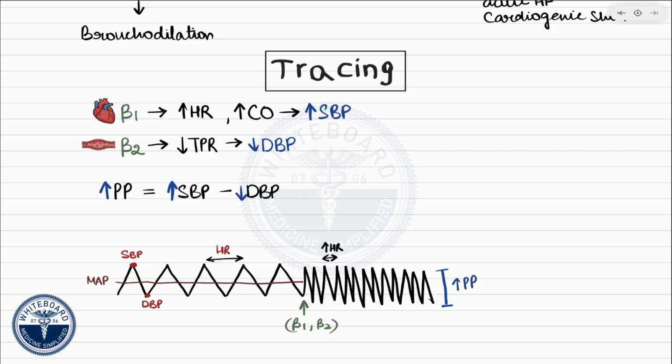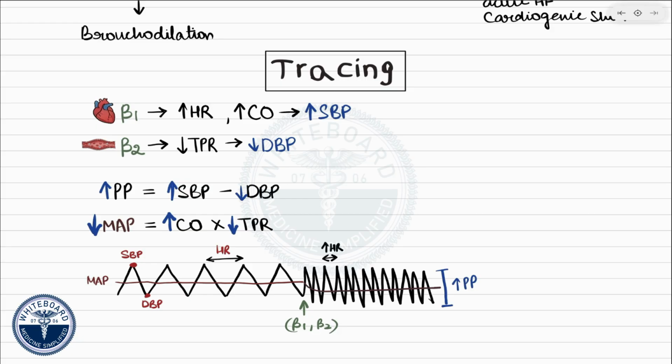Now, what happens to the mean arterial pressure? Remember that MAP is determined by both cardiac output and total peripheral resistance. Beta-1 stimulation increases cardiac output by increasing the heart rate and the force of cardiac contraction, whereas beta-2 stimulation decreases total peripheral resistance by causing vasodilation. Although cardiac output increases, the fall in total peripheral resistance is usually greater, so the mean arterial pressure shifts slightly